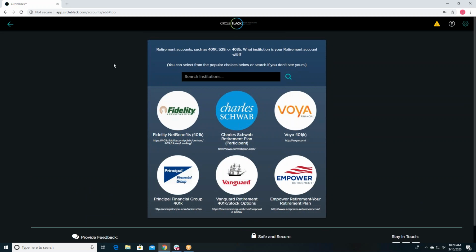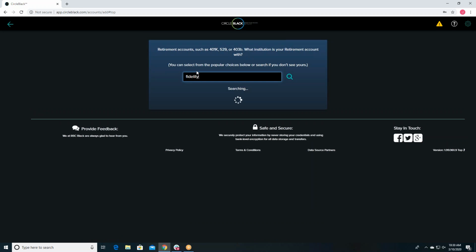So the one thing to note when linking an account within Circle Black, you will just need to know the exact URL or the website that you log into outside of Circle Black. So if you go to fidelity.com to look at your Fidelity retirement account, you would need to make sure that you choose the correct option that closely resembles that website. So to give you an example, if we type in Fidelity,